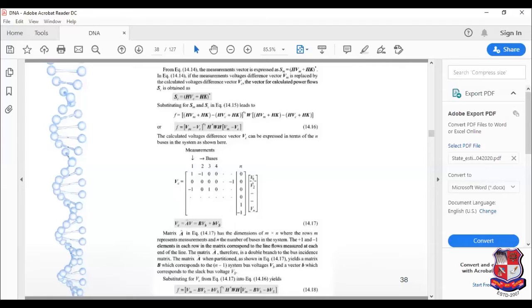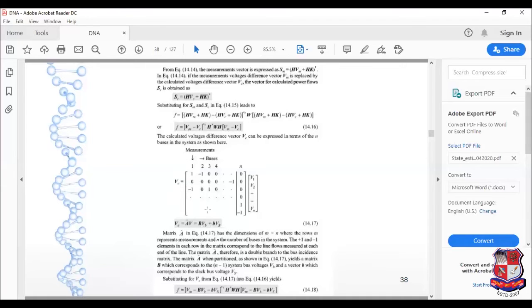Now over here we have to separate out. The main thing is that the V vector is separated into two terms, because in an n-bus system, we have considered one bus as the slack bus. And if that slack bus is there, there is no need to carry out the calculation for its voltage. So if we are treating our first bus as the slack bus, then we need not derive the calculation for this first bus. It will be denoted as b.